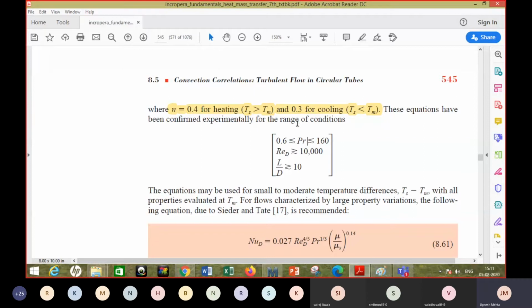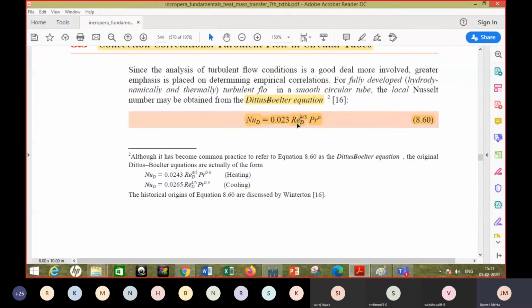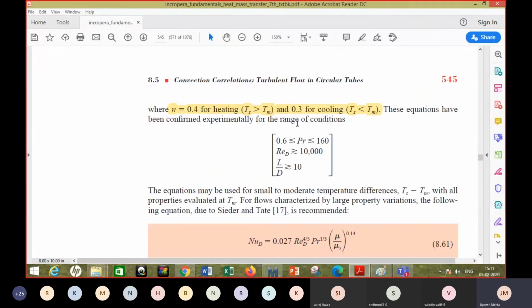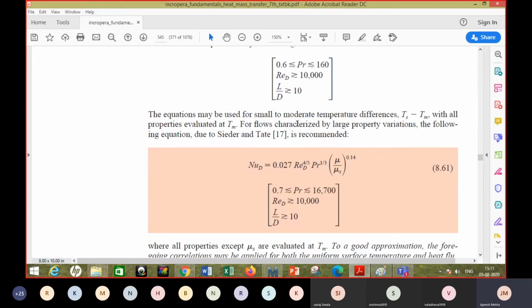Mind well, the value that you get from this correlation would not be the perfect value, right? You are always accepting that there is some plus or minus in that, and that can be somewhere around, let's say, plus or minus 10%. In different cases it is different, but that is what is expected. So when you get a number, it doesn't mean that it has to be perfectly that much heat transfer. You will get that much heat transfer coefficient for the given condition.